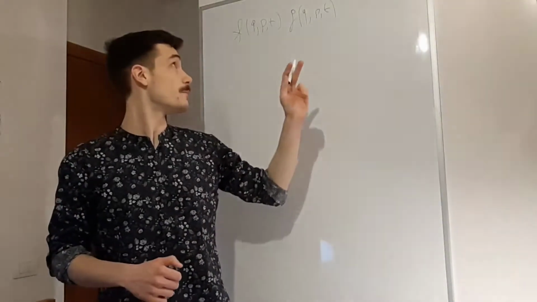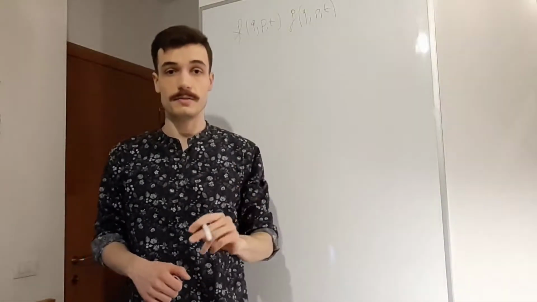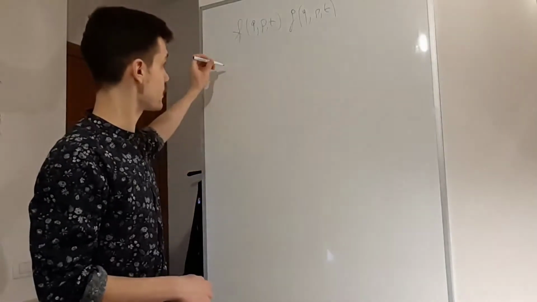An interesting tool in Hamiltonian mechanics are the Poisson brackets. You will see that they are very similar to the quantum mechanical commutators. If I have two functions that depend on position, momenta, and time, the definition of a Poisson bracket is